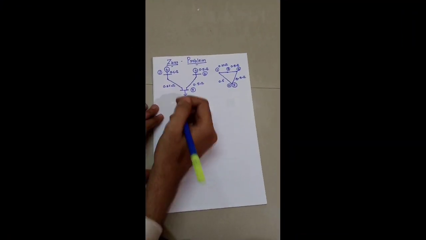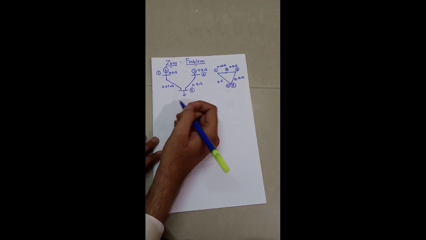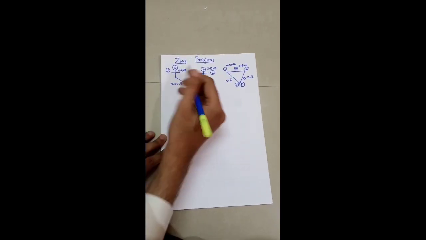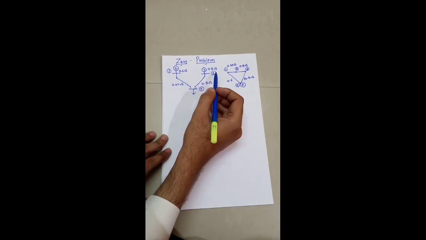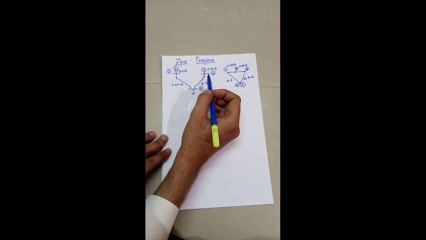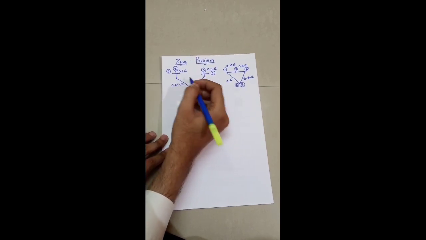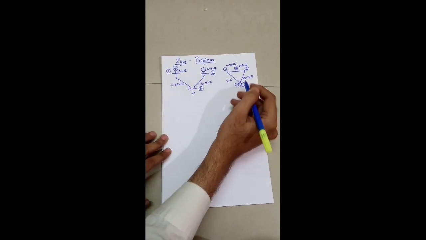Today we learn how to calculate Z-bus in power system. Here the three bus network is given. Bus number 1, bus number 2, bus number 3. Bus number 1 and bus number 2 are connected with the generator. We know very well that the bus connected with a generator is taken as a reference bus. So here we convert it into a graph form.